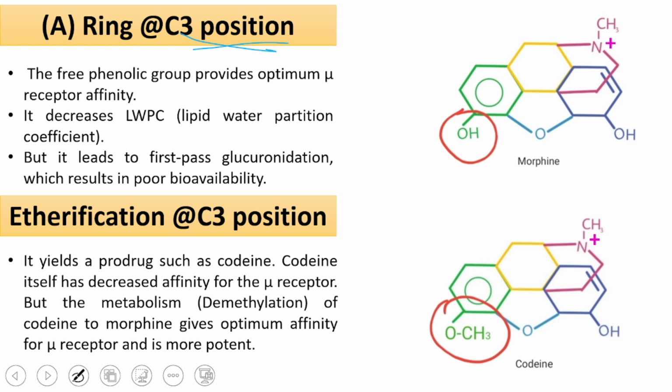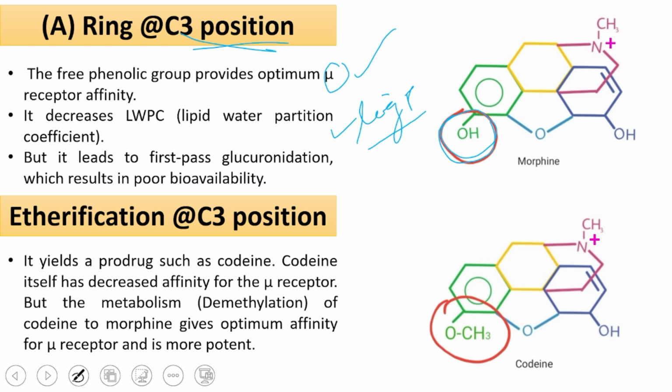As we saw in the mechanism of action, morphine goes to the mu, kappa and delta receptors, so this hydroxy group is very crucial for mu receptor affinity. Second, it decreases the LWPC, the lipid-water partition coefficient. Here we are talking about the log P value,